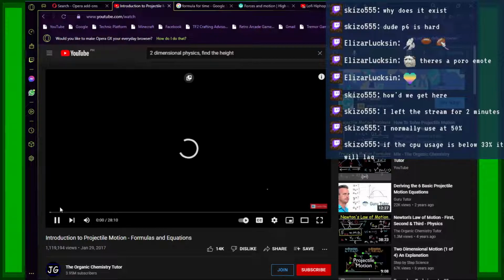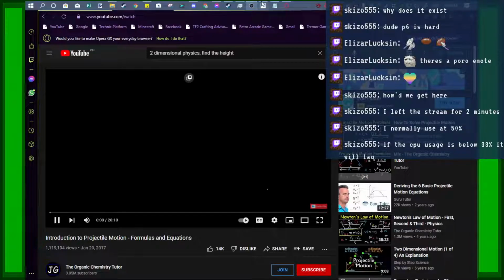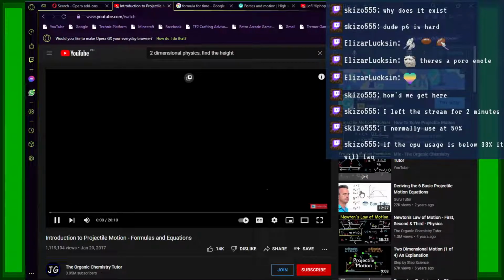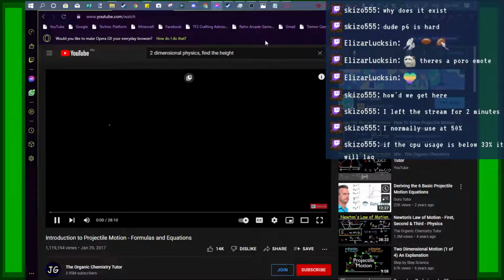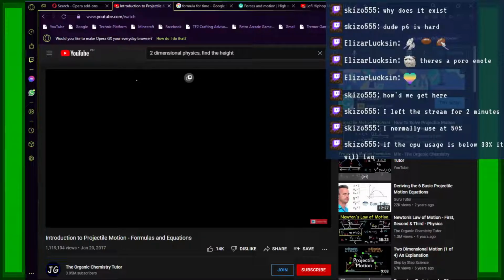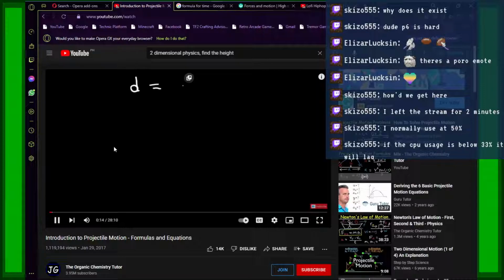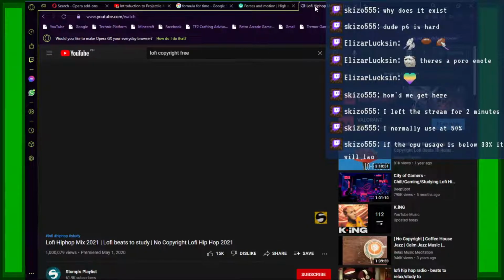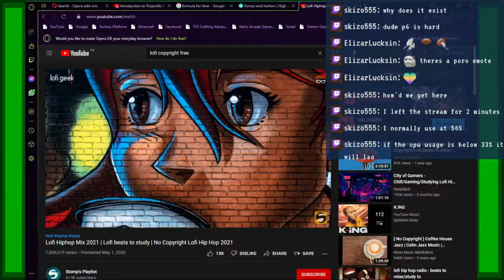It was interesting though. Here are some equations that you need to know to solve projectile motion problems. So let's review some basic kinematic equations. Whenever an object is moving with constant speed, displacement is equal to velocity multiplied by time. Now, when an object is moving with constant acceleration, there are four equations you need to know.